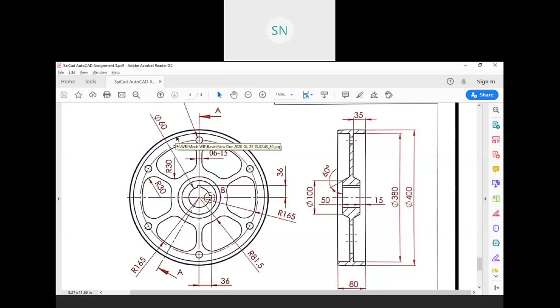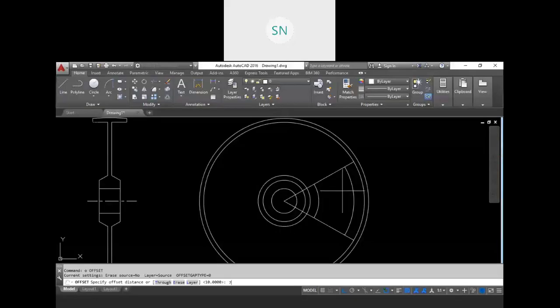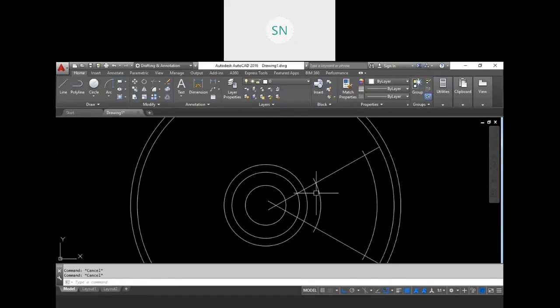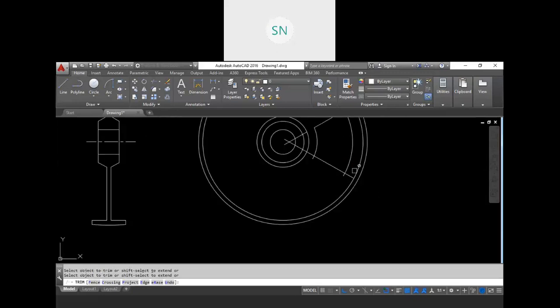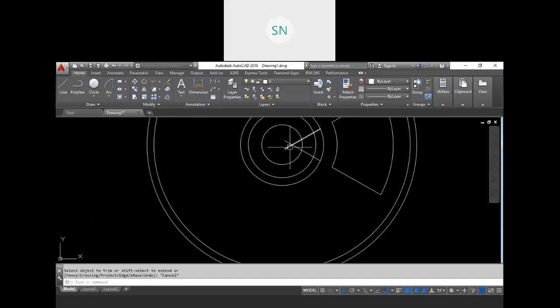So let me do one thing. Offset of 7.5, half thickness we need to reduce from here and from here also. Now erase this line, and trim the rest of the portion like this, and erase both of these lines.